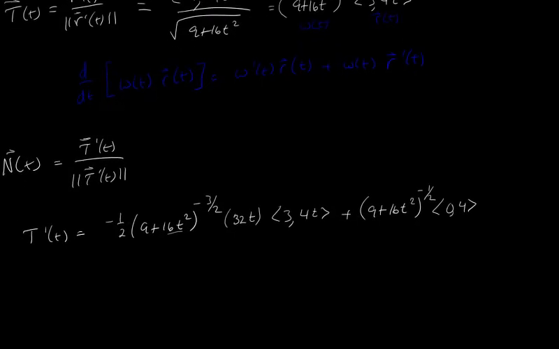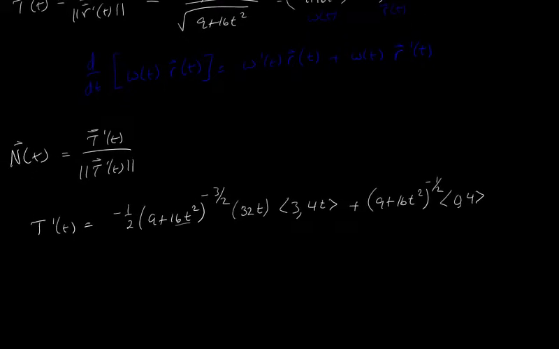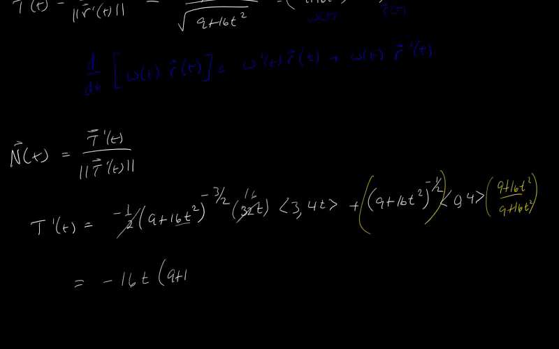So what I'm going to do is a little bit of clever algebraic manipulation. I'm going to multiply this by (9 + 16t²)/(9 + 16t²). That's just multiplying by 1, so no values are changed. Before I write that down, let's note that the 32 and the 2 will cancel out, leaving us with 16. So this will be −16t times (9 + 16t²)^(−3/2) times the vector ⟨3, 4t⟩,